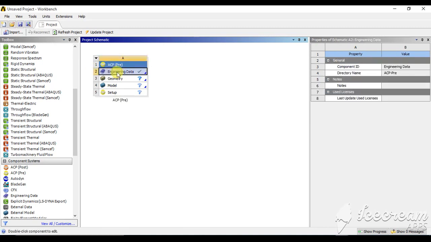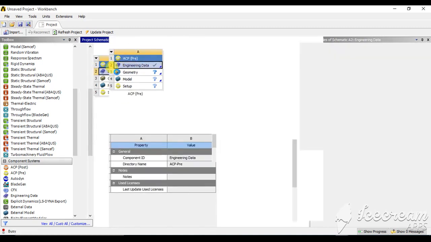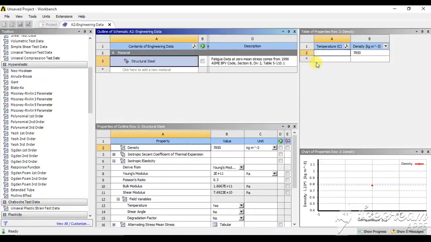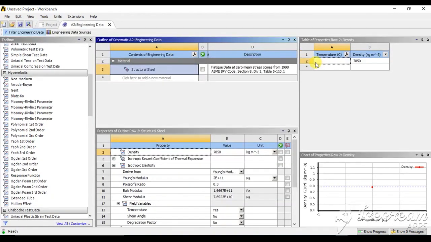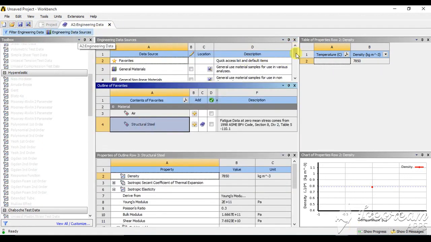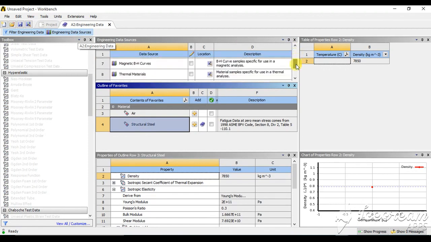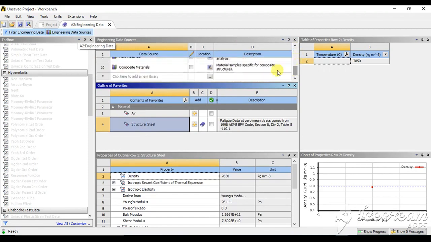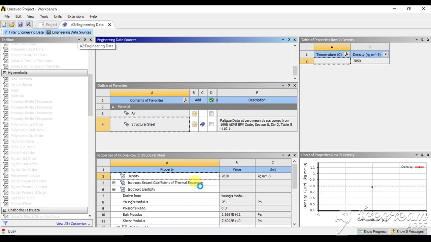Now we will go for the selection of engineering data. From here we will select the type of material that we are going to use for the analysis. There are some sets of data already available, but these are just for reference purposes.